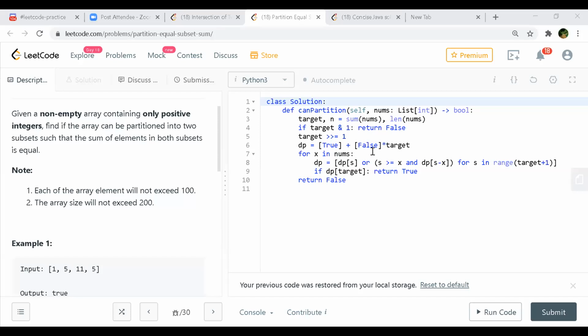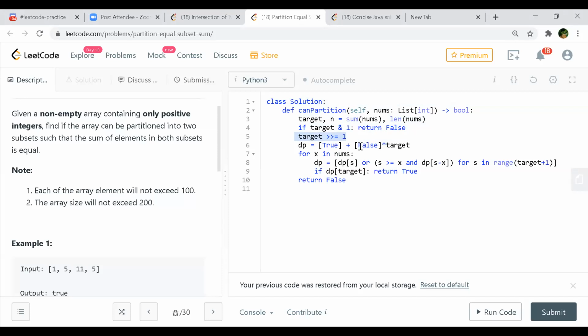So here what I'm doing, I'm first calculating the entire sum of the array and the length of the nums. Now I'm checking if the sum is odd or not. For that, the AND operation, if you get result as 1, that shows that the sum is odd. In that case, we'll return false. Else we'll divide the entire sum by 2. That is right shift I'm doing. Right shift means dividing by 2.